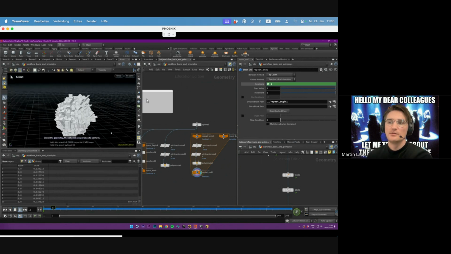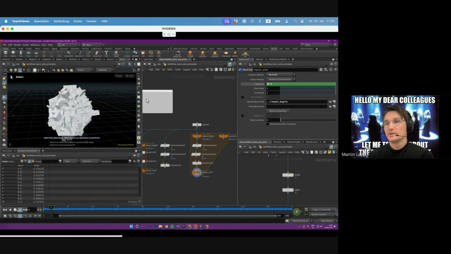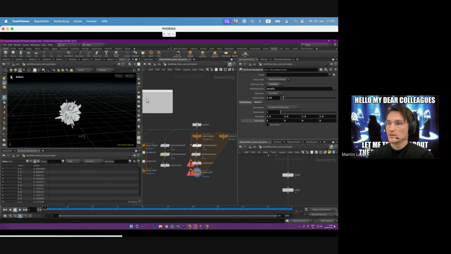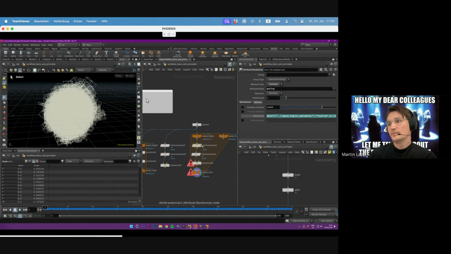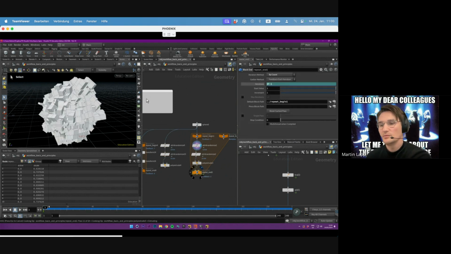Not sure in what manner you would use this in production, but the concept is interesting, because this attribute randomizing of these two values is happening on each iteration. And since on each iteration the geometry itself changes, so do the attributes. So on the second time step, if you go to frame 2,